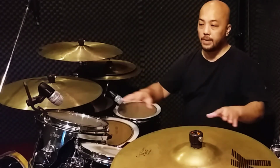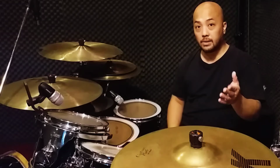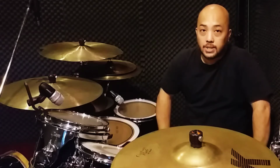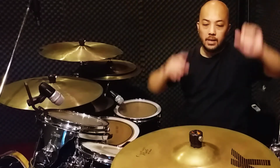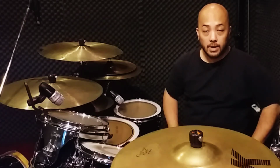Okay, so if it's going to be higher, there are some kits like, for example, Mike Mangini's kit. Mike Mangini from Dream Theater has drums all around. Terry Bozzio also has kits that range from high to low. They're setting up those drums because it's too much to set up on this level, so they need that extra space, which is up there. Now, if you're planning to have that setup,